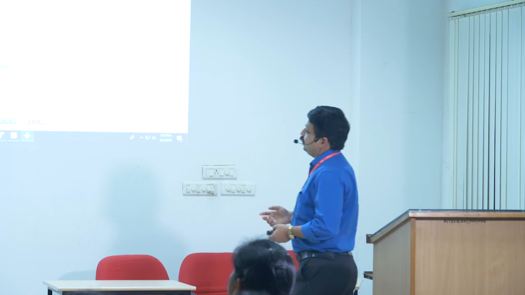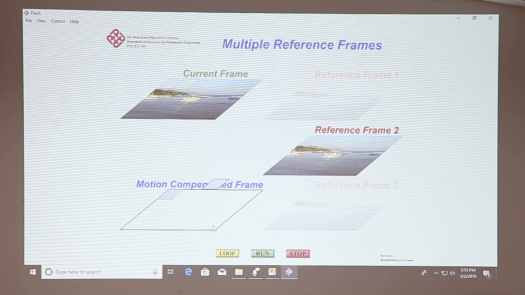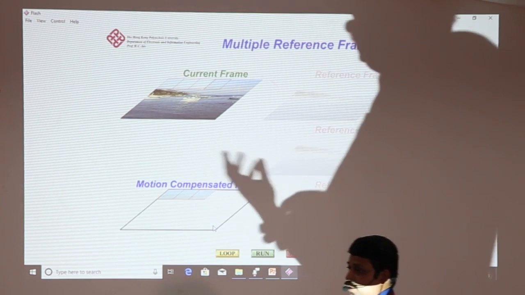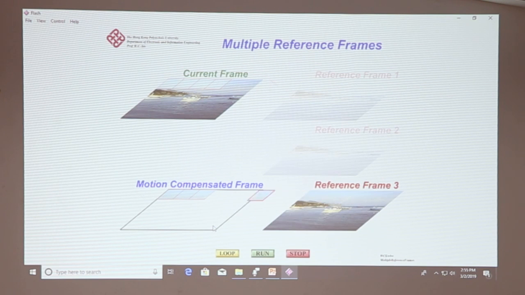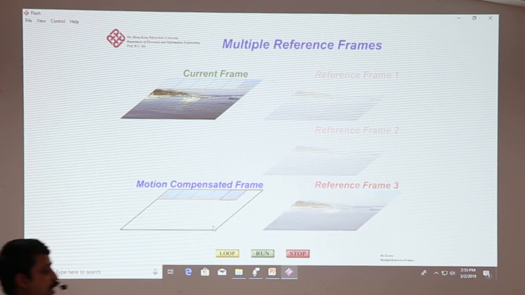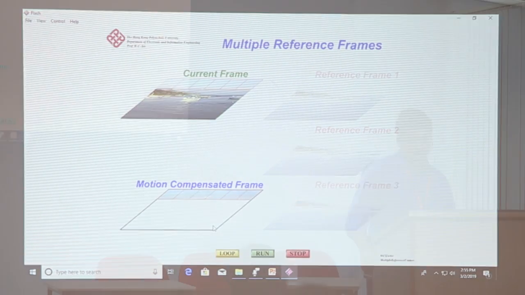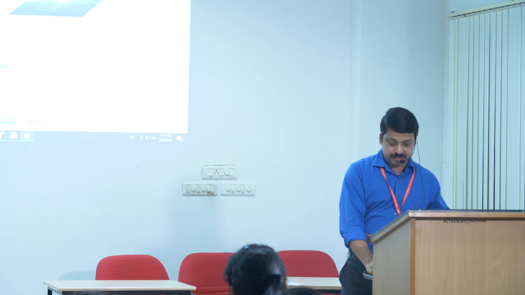And again, for the coding of one frame, we may be referring to more frames, that is frame number 1 or frame number 2. And sometimes whenever you are meeting such conditions like a threshold, perfectly matching, we will not be checking further. So you may be referring to 1 frame or 2 frames or more than 2 frames, that also can happen. So reference frames may be more in number. So I will be concluding this session, and